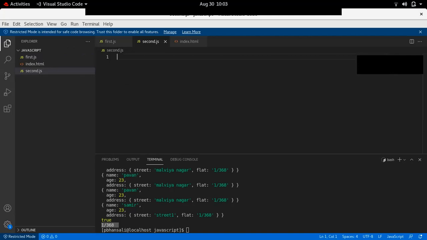For example, const a equals, inside square brackets, we can say inside strings yellow, black, whatever colors.